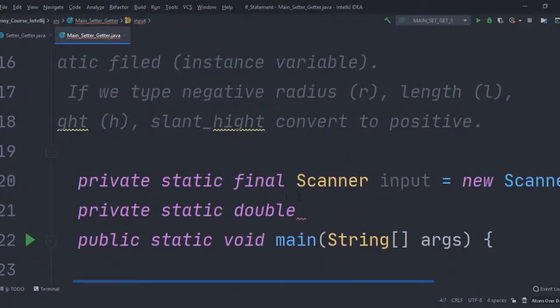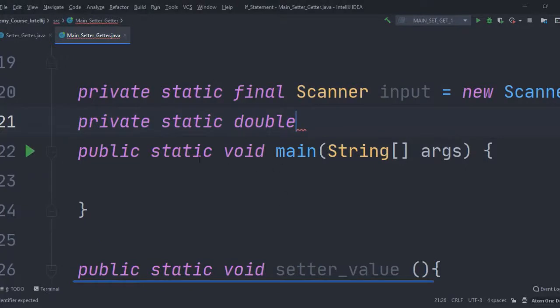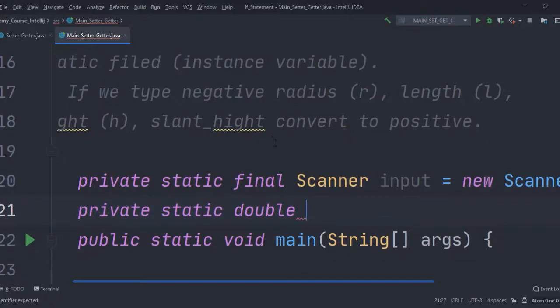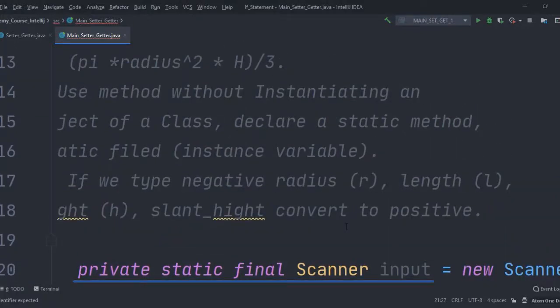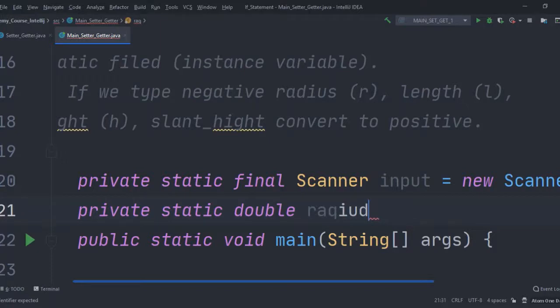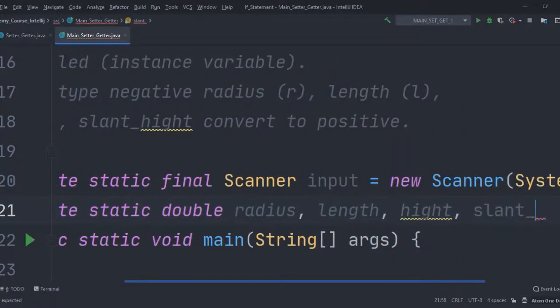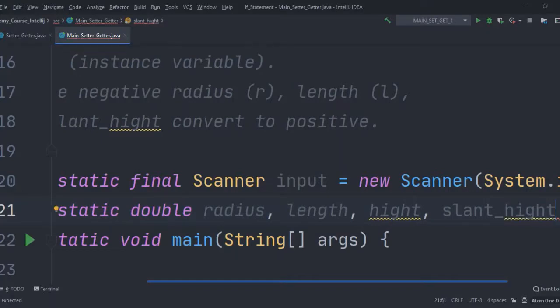Declare that instance variable immediately. This is very important. And private static double, we have all. I will declare radius, length, height, slant height,